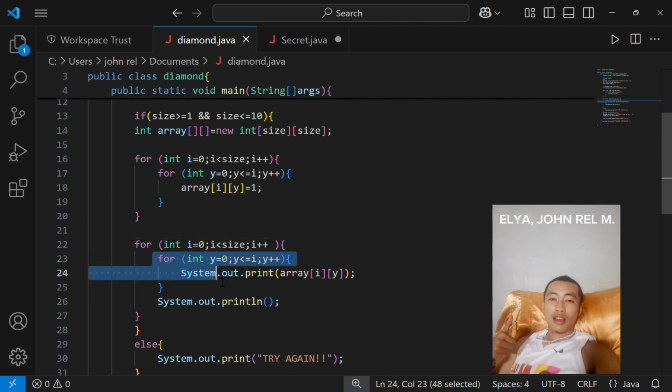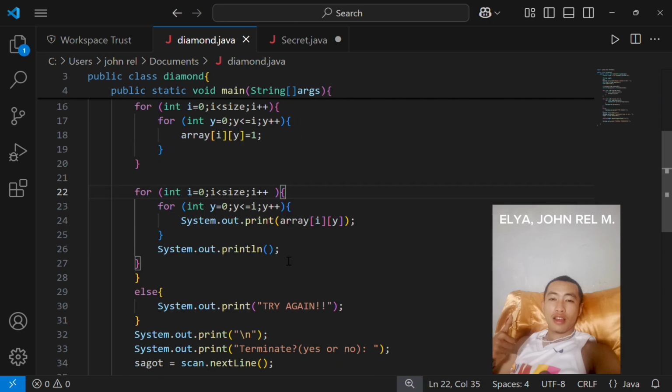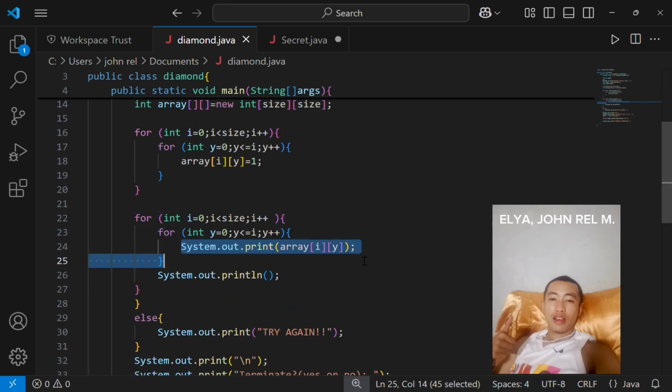Inside my for loop here, I have this code to print our array. Then when it goes false, it will print a new line, then go back to the outside for loop.